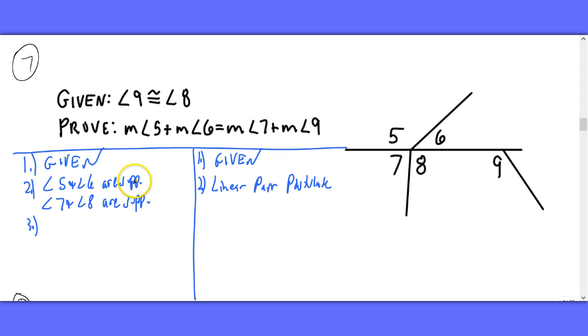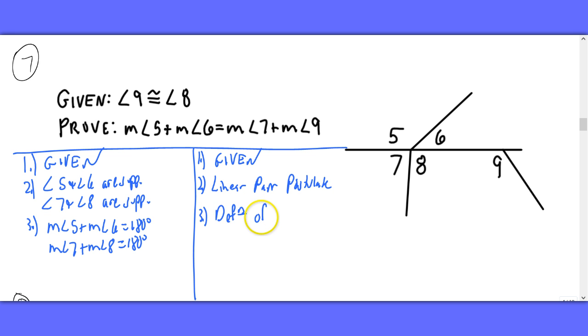Next, supplements means 180 degrees to me, so I can say the measure of 5 plus the measure of 6 equals 180 degrees. Likewise, we can say measure of 7 plus measure of 8 equals 180 degrees. And the reason I know that is because of what supplement means. Supplement means 180 degrees. That is basically its definition. So definition of supplement. Number 4,